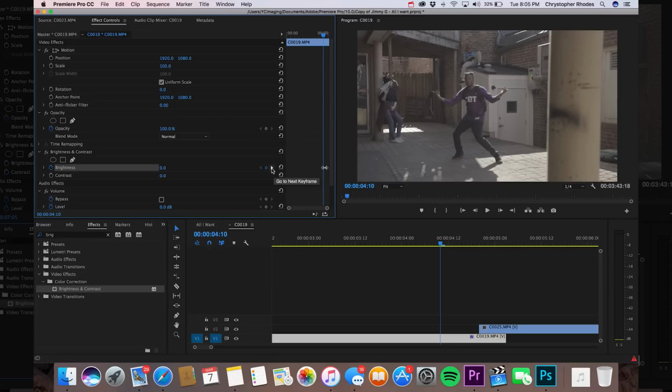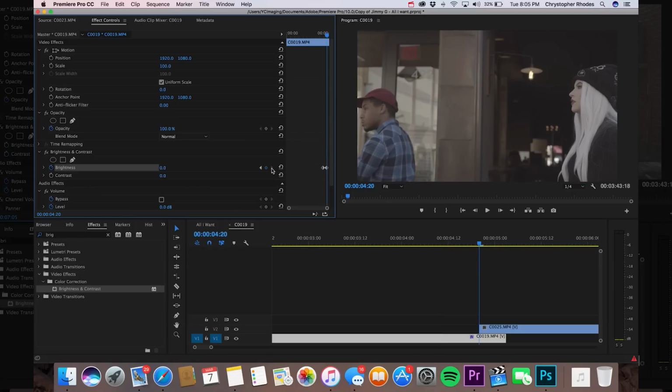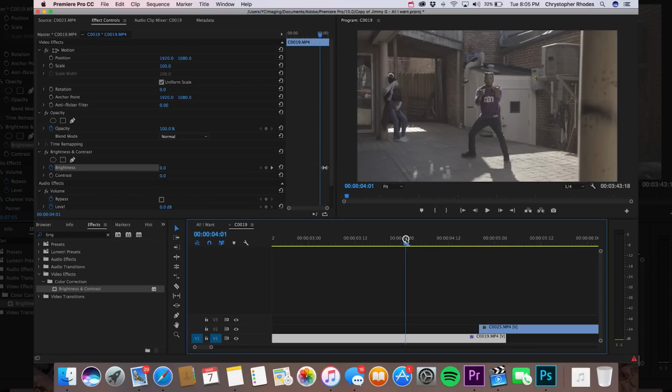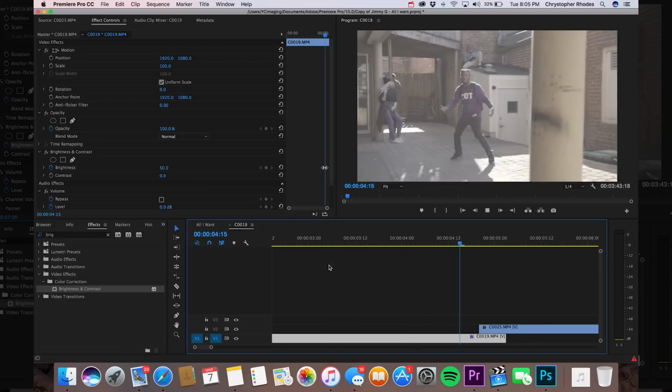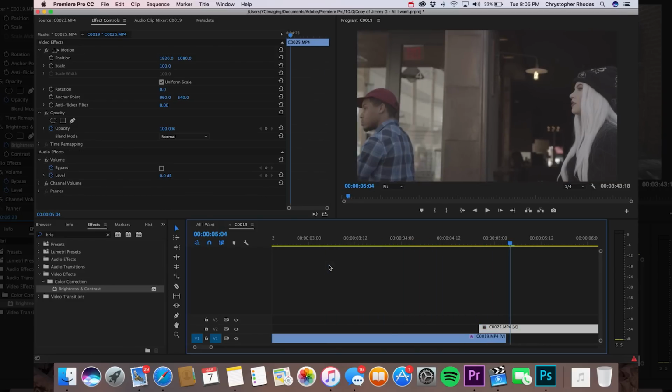If you push this arrow right here, it'll jump you back to your first initial keyframe that you put in. So let's just push that, and we're back at that first initial keyframe. So now that we're here, we're just gonna up the brightness all the way up to 100, and let's just see how that looks. As you can see, it increases, but it just looks bland. It's just going at the same speed. What we want is a build. We want it to start off a bit slow and then go fast at the end.